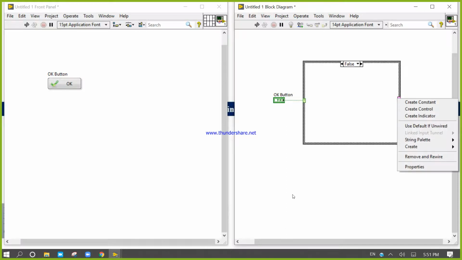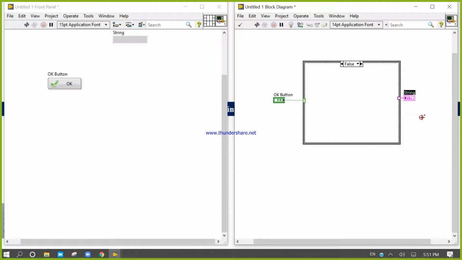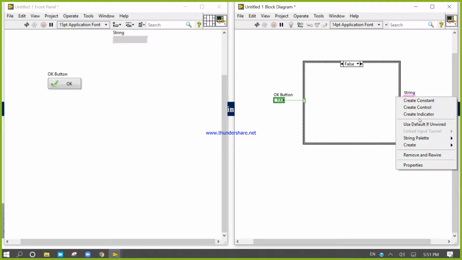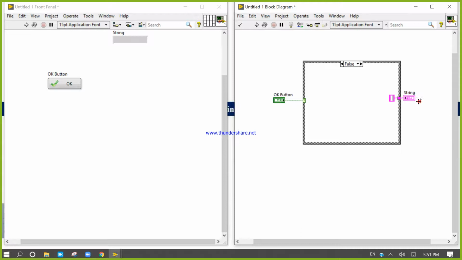You can make 10 cases, but the output will be only one. Then, in the false case, you are in the false condition.